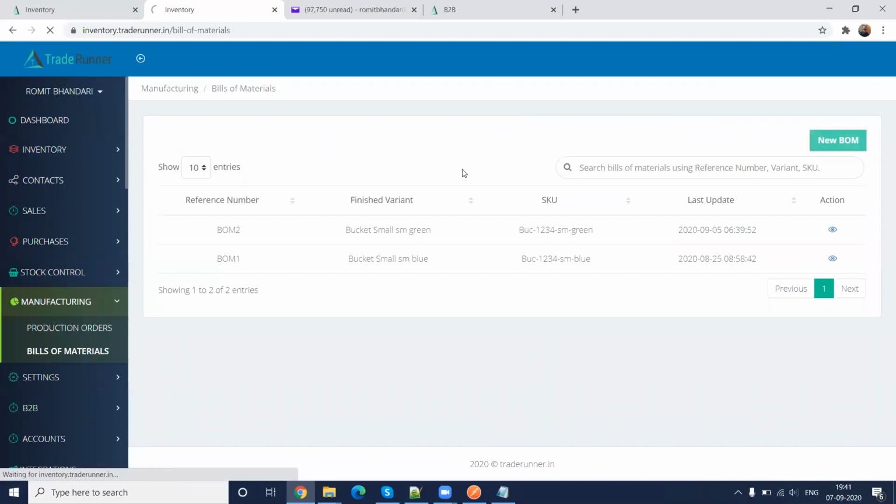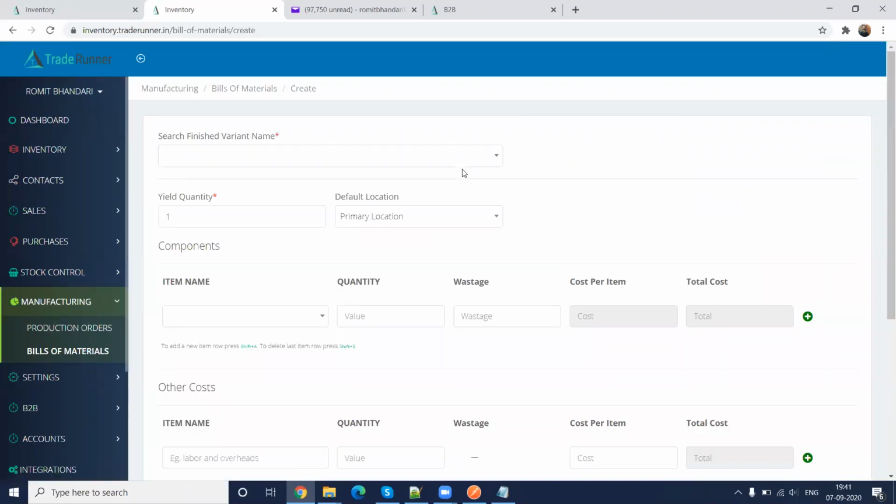So bill of materials is nothing but, in this you basically give the criteria for a manufactured product: what all ingredients or different components it is made up of, right?